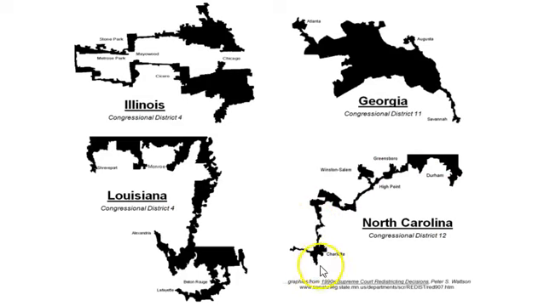Okay, it's hard to say that possibly the people that live down here outside of Charlotte have that many of the same concerns as the people that live at the very top of the state. I mean, driving from there to there would probably be 4, 5, 6 hours. And look at Louisiana. This is almost the whole outline shape of the state. And Louisiana is quite large. I imagine to get down here from Lafayette all the way up here to Shreveport would probably be a 6 or so hour drive. Okay. So none of these districts,